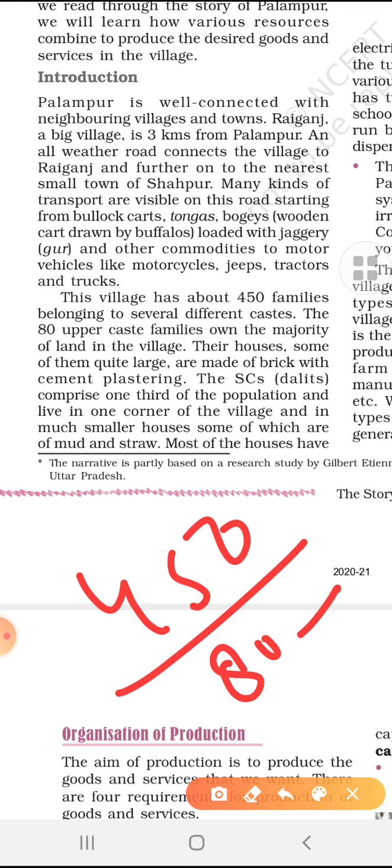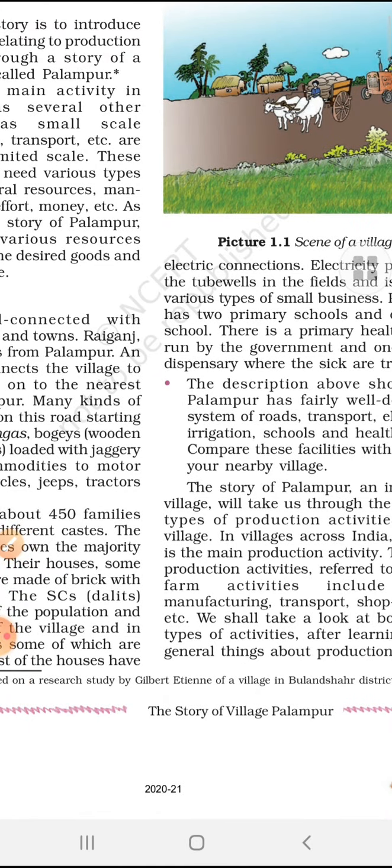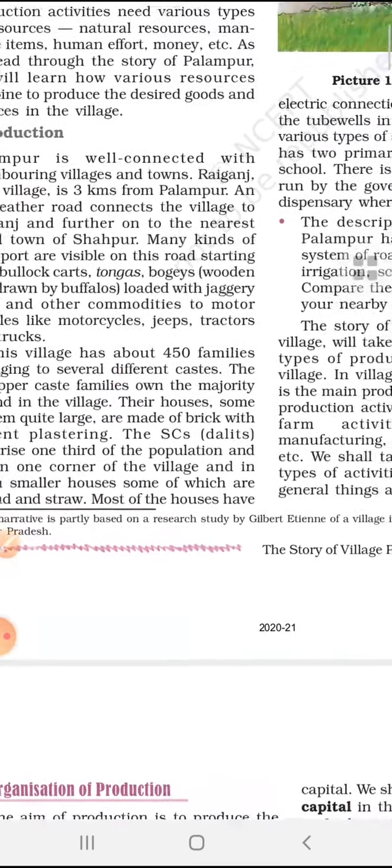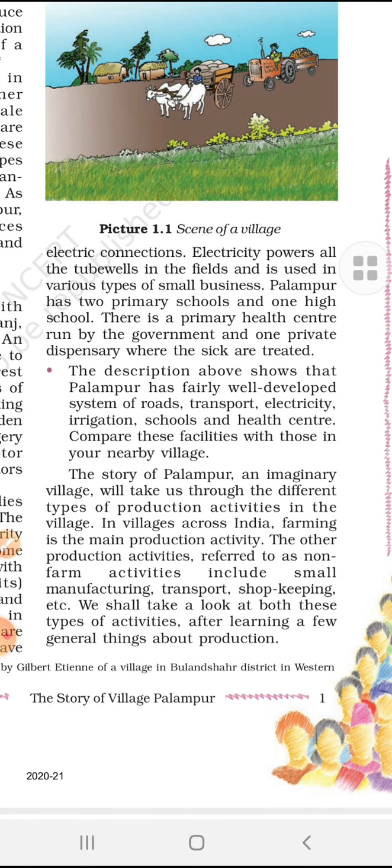The SCs comprise a third of the population and live in the corner of the village in much smaller houses made of mud and straw. Most of the houses have electric connection and electricity powers all the tube wells in the field and is used in various types of small business. पालमपुर has 2 primary school। देखिए पालमपुर का फैमिली डिस्कस हो गया, ठीक है।